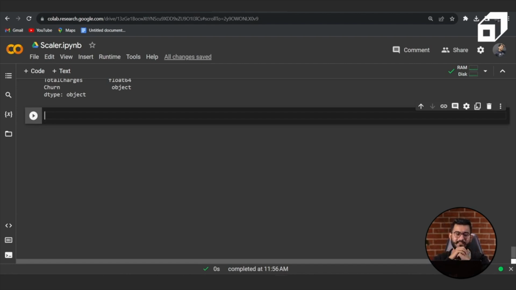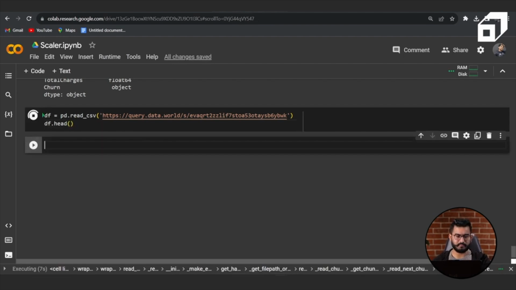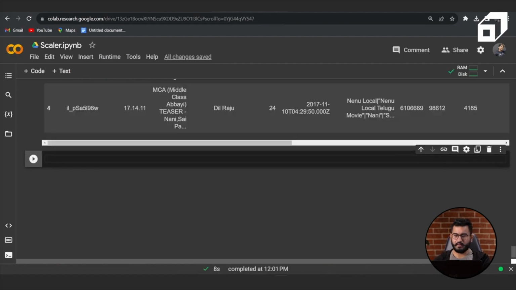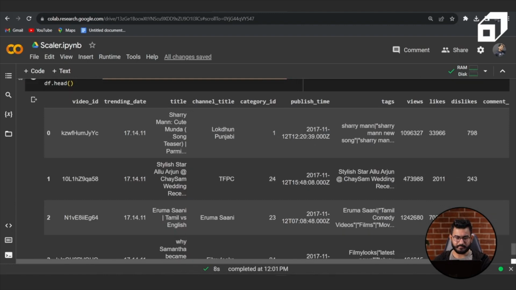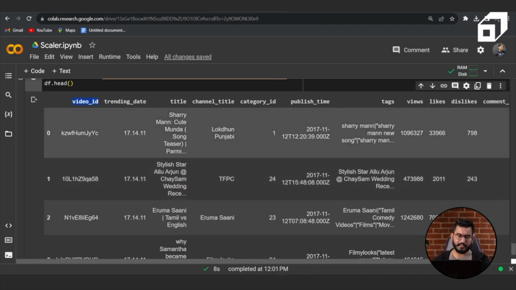So let's start this. First of all, we will load the data, pd.read_csv, and I have already uploaded my data in this particular repository known as data. So let's upload it. So here's my data. Now let's first of all understand the data. We have video ID. This is a unique ID given to each video. So whenever you upload your video into YouTube, YouTube assigns a unique video ID, and that is what we have